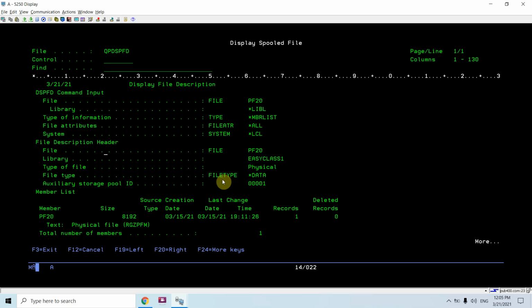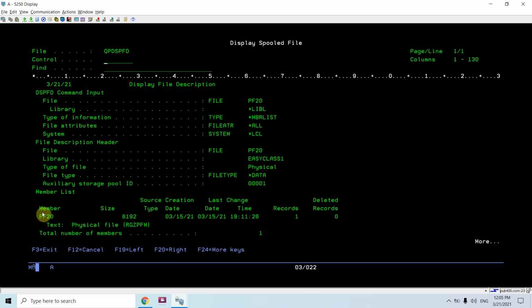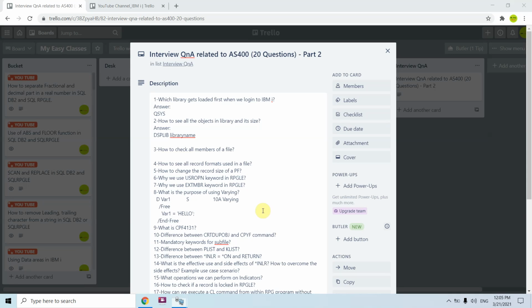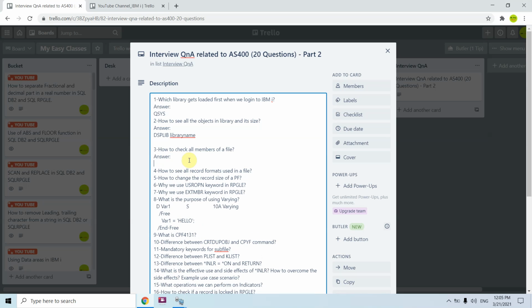So I can see total number of members is 1, and that member name is PF20, which has one record. So I can say the answer would be DSPFD file name, and type would be *MBRLIST.